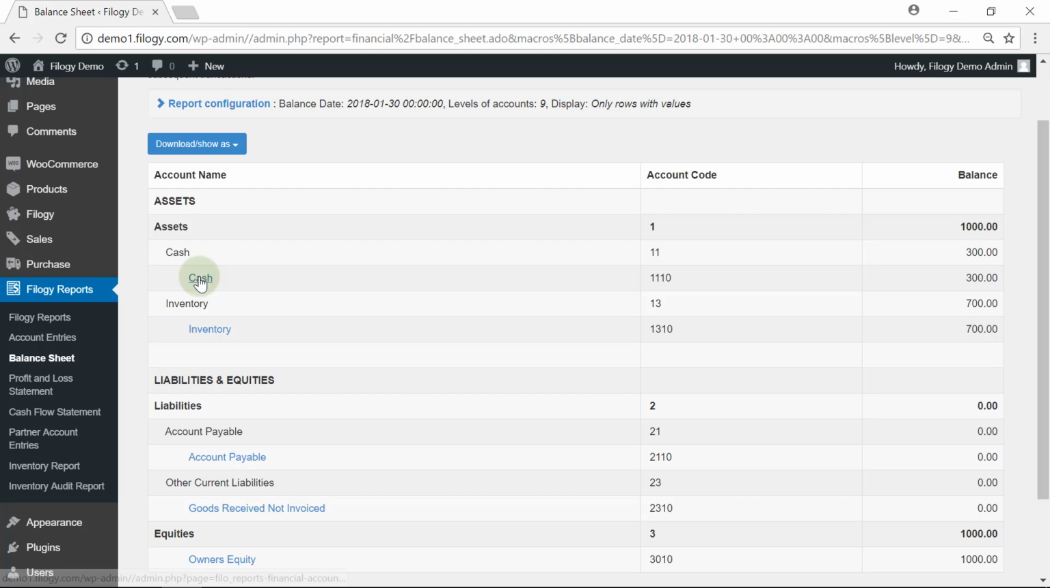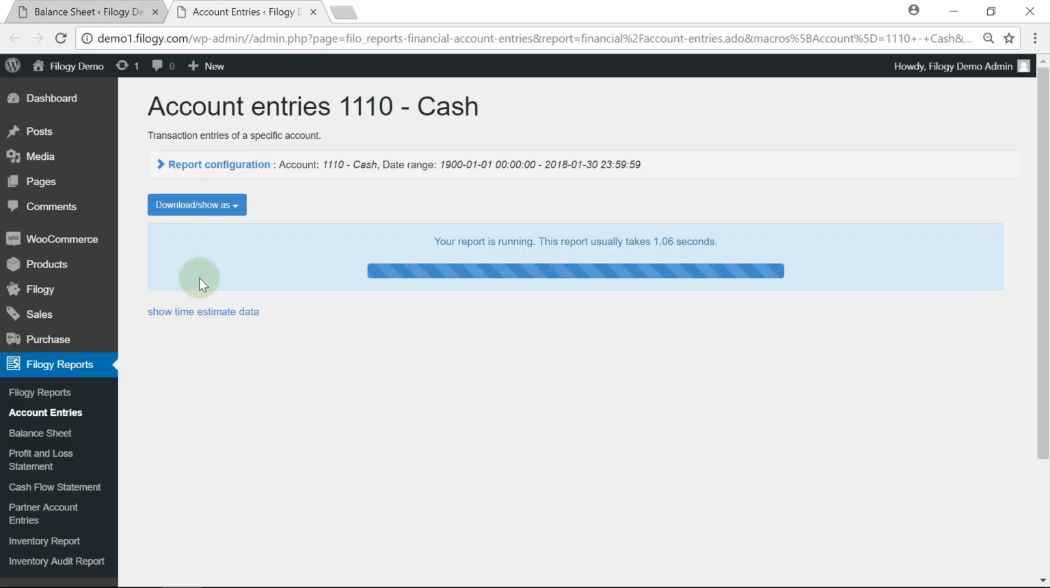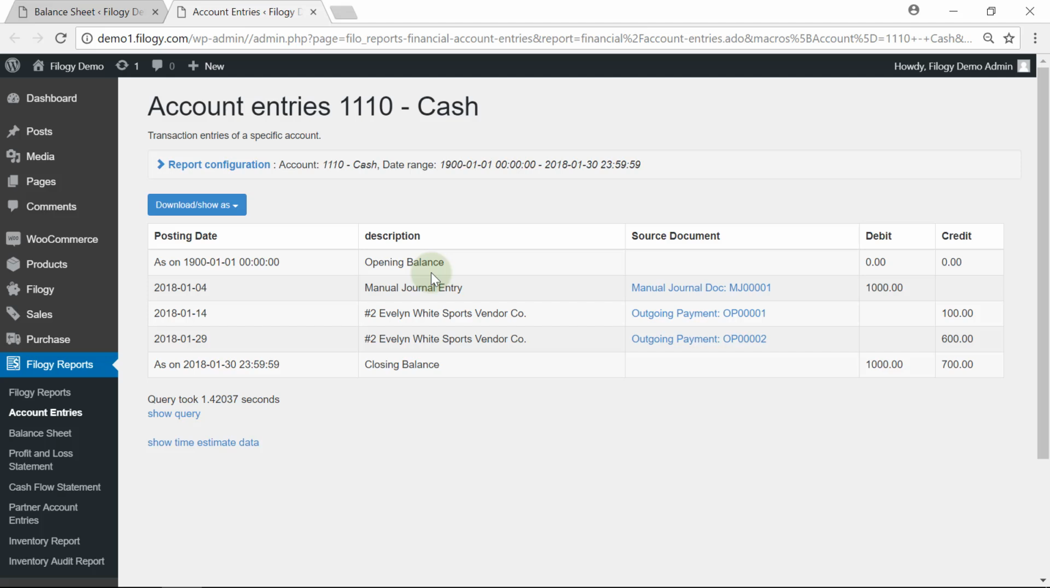Just click on one of the account name links marked with blue. This time, I'm curious about the details of $300 cash, so I click on Cash Account. A new page is displayed, explaining how the $300 was calculated. The page contains the year-to-date account entries of the cash account that you selected. Notice that the difference between the total debit and credit is exactly $300, which is the cash amount you are